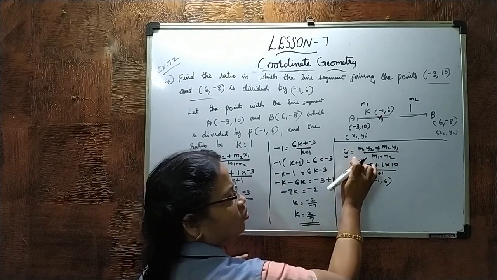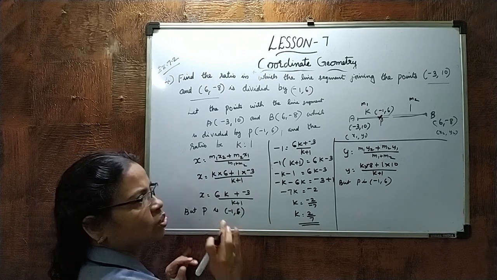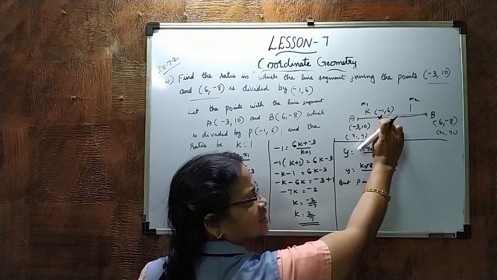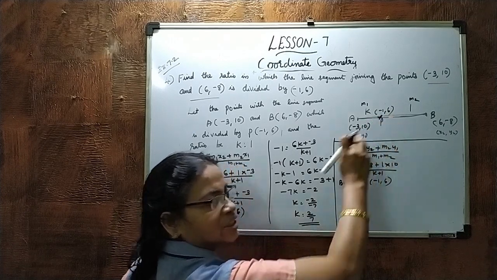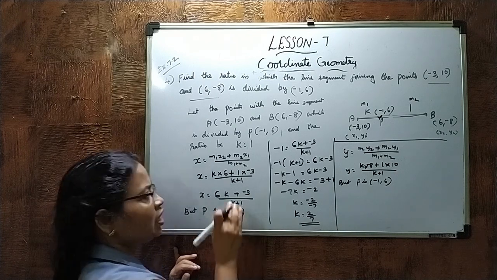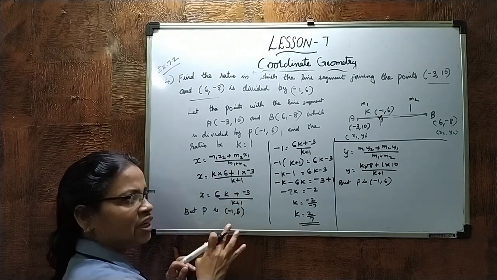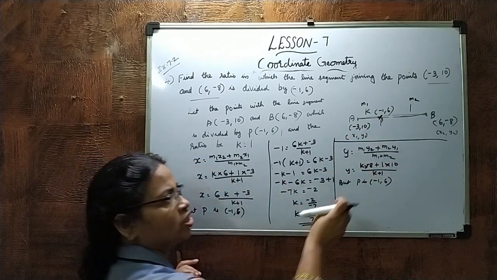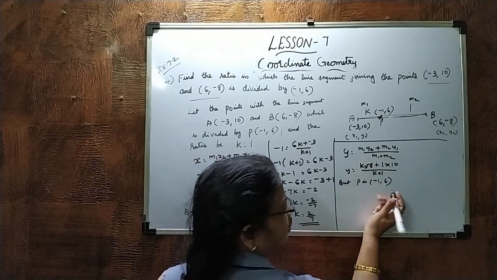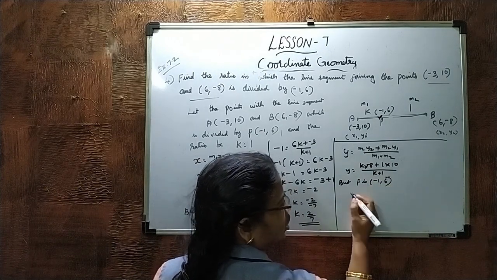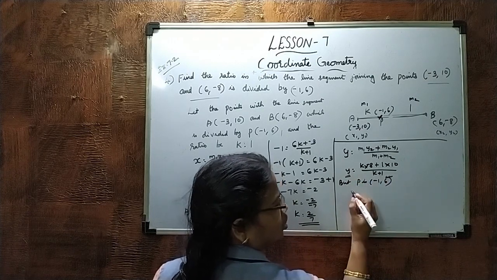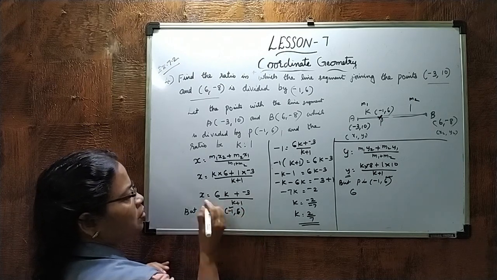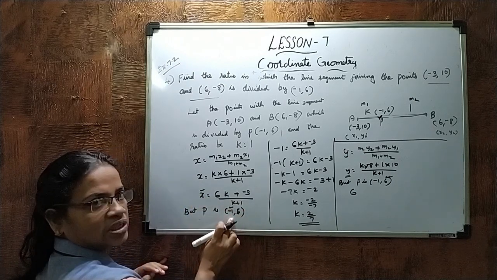What is the use of this formula for X and Y? With the ratios, we are always finding out the coordinates of the intersecting point. Using this section formula. Here, the point is already given, and we want to find out the ratio. Just substitute that point into these values, okay? So, negative 1, 6. Here the Y coordinate is 6, so instead of Y, you have to substitute this 6. Negative 1 we substitute for X. Clear? Like that it should be.